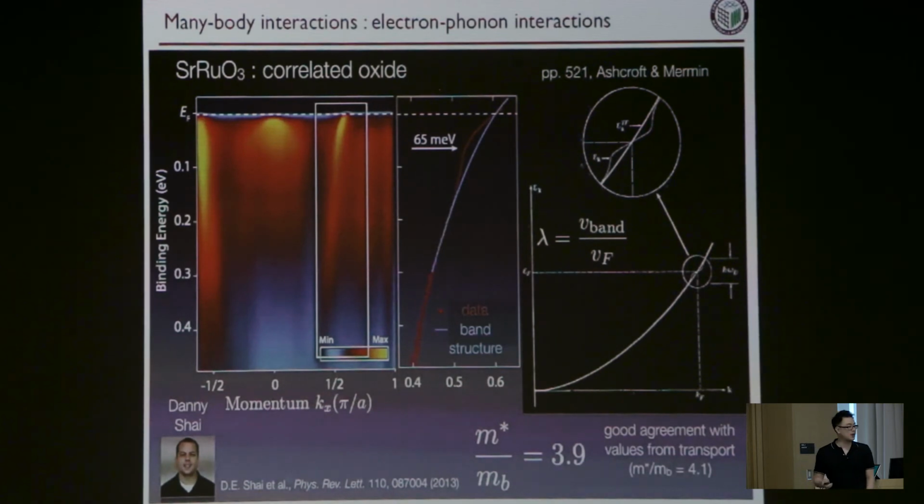And that's a very characteristic signature of electrons interacting with some collective mode. In this case, it turns out this is some kind of phonon. If you look at page 521 of Ashcroft and Mermin, which, we're at Cornell, everyone needs to memorize Ashcroft and Mermin, then